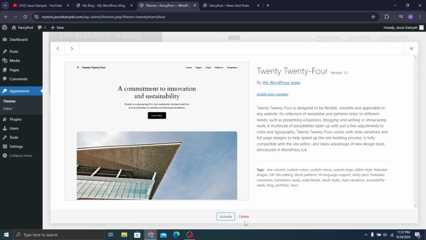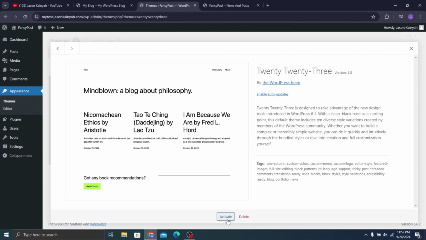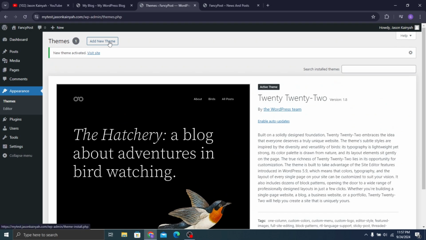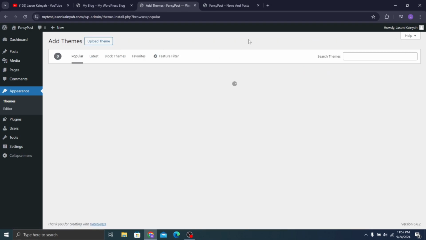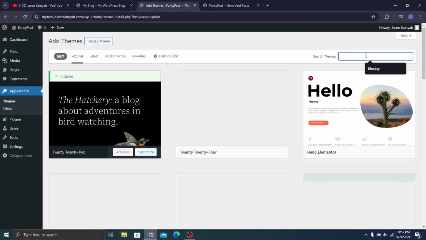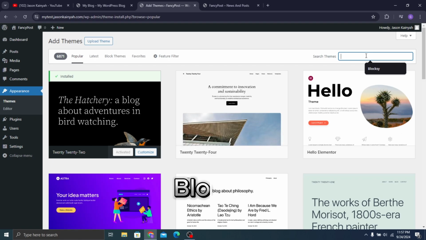So I actually want to delete these themes here because we don't need them. So I'll click on this theme and delete it. And let's actually add in our own theme. So I'll click on add new theme, okay? And then here over on the search theme section, I'll just search for